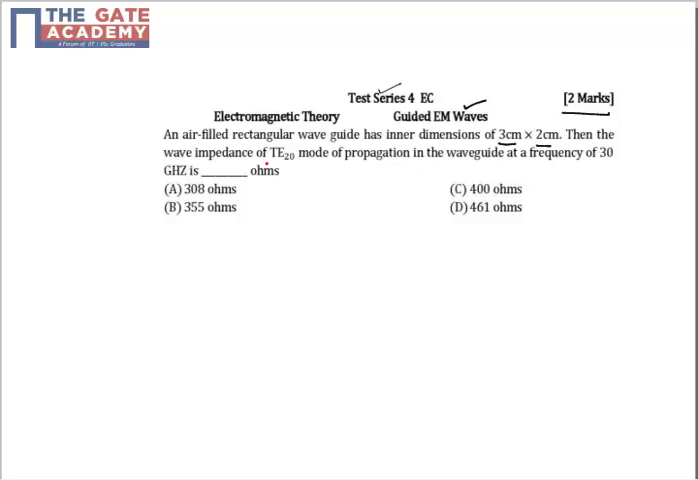Then the waveguide impedance of the TE20 mode of propagation in the waveguide at a frequency of 30 GHz is. The propagation frequency is given to you as 30 GHz and the mode of propagation is TE2,0. Right, the important thing is that the mode of propagation is TE2,0. So we know that in the